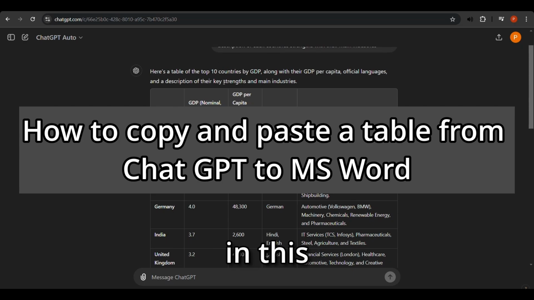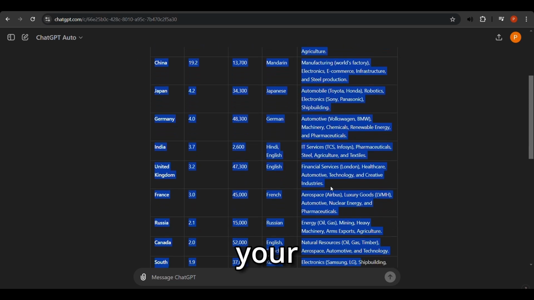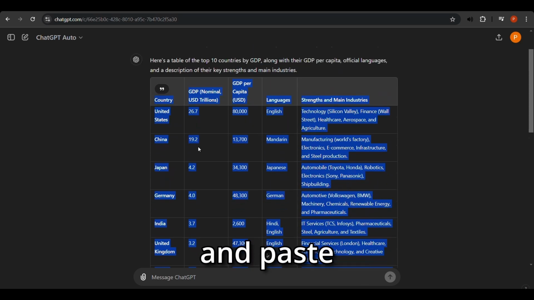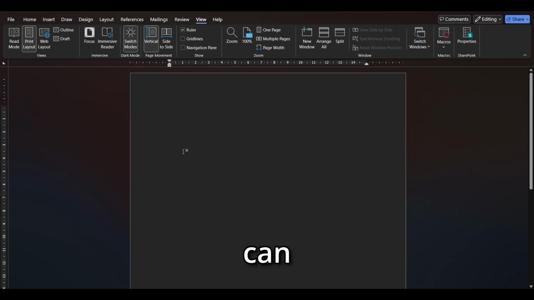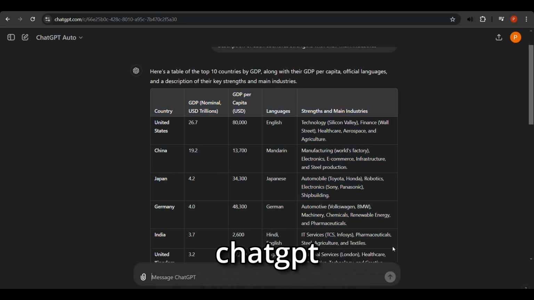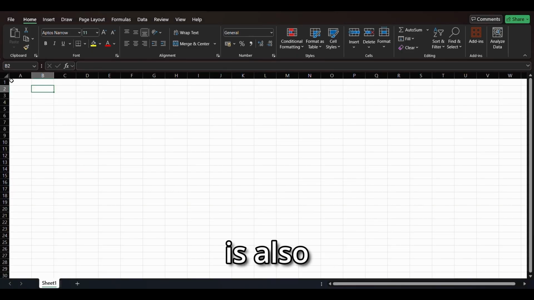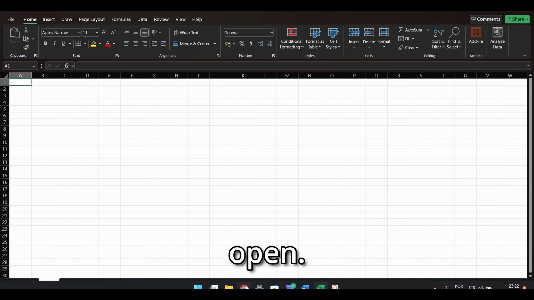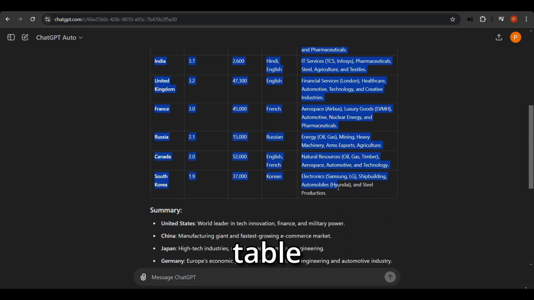Hello guys, so in this video I'm going to show you how you can copy your ChatGPT generated tables and paste them into Microsoft Word so you can have them in your Word documents. So make sure you are logged into ChatGPT and that you have generated a table and that Microsoft Excel is also open. So what I'm going to do first is I'm going to copy the table,